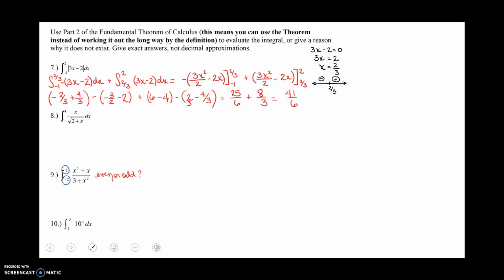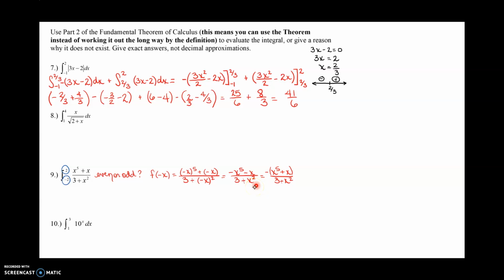All right, then 8 was a problem that we omitted. So for number 9, when you notice that your values out in front are opposites of each other, the first thing you want to look for is whether this is even or odd. And the way that I check that is I put a negative x in the place of x. So if I put a negative x in the place of every one of my x's, I get negative x to the 5th plus a negative x, so minus x, over 3 plus negative x squared would just be positive